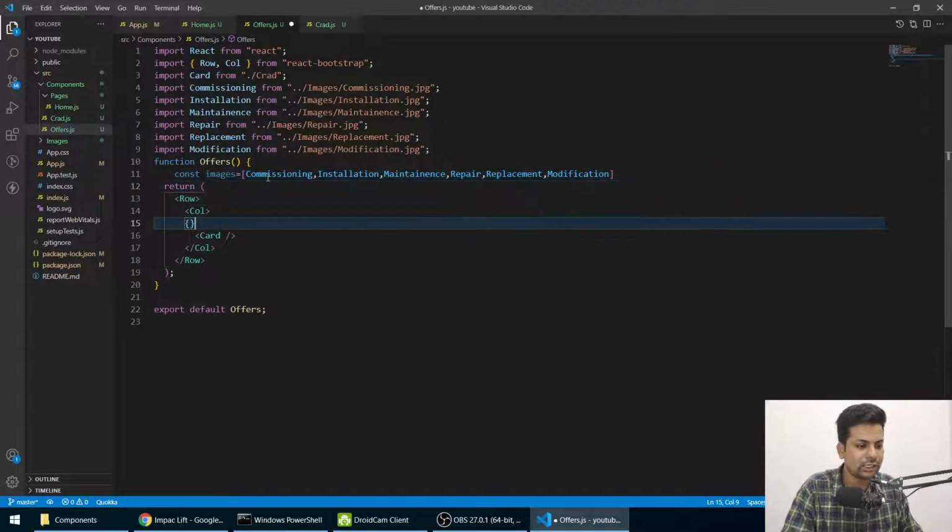Okay, so now I'll just loop over it. I'll say images dot map, and here I'll take image, and it will give me back.